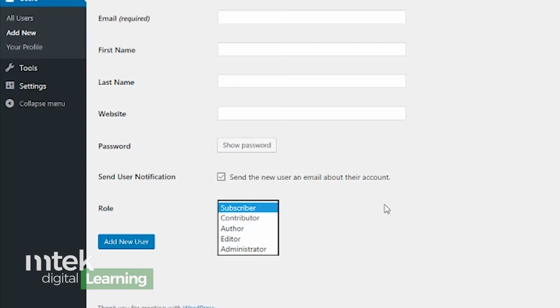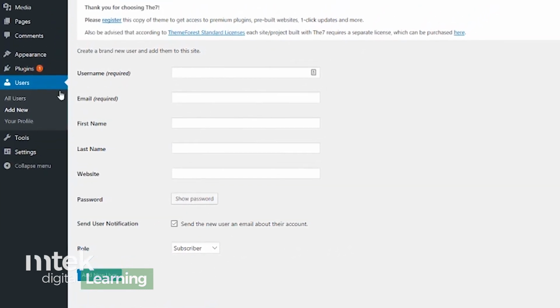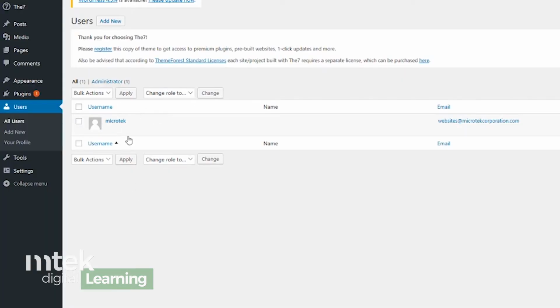And a subscriber would be somebody who's a user of your website and you're allowing them to have privileged access. They maybe can comment on things, but they cannot contribute to the actual content of the website. So that's kind of the overview of the roles for people who are part of your website. Once somebody is added to this, you'll see them as a member of the list. And so you'll see subscribers here, you'll see other administrators here. And if you do have a website where there's a lot of people subscribing, it can get kind of overwhelming. You might see hundreds of subscribers here.